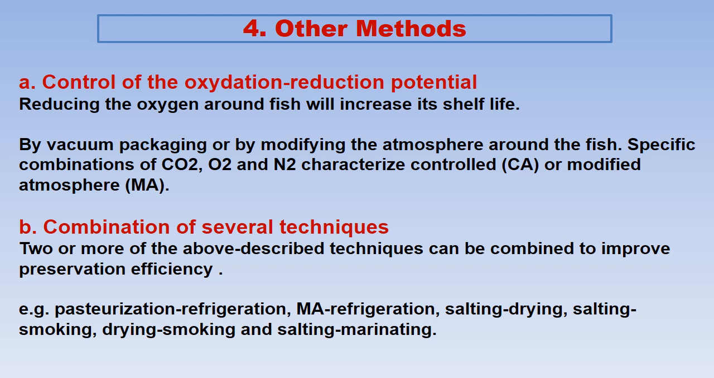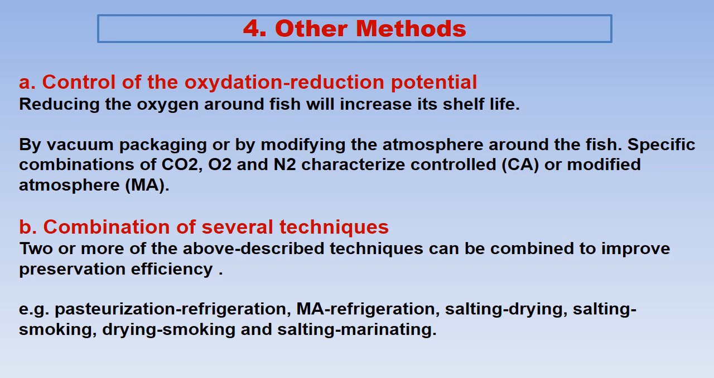Now we will discuss other miscellaneous methods or combinations. First is control of oxidation reduction potential. Here the level of oxygen around the fish or fish products is reduced to increase its shelf life. This can be achieved by vacuum packaging or by modified atmosphere packaging, so the oxygen level around the fish or fish products is reduced. There is also a specific combination of carbon dioxide, oxygen and nitrogen, which is also called controlled atmosphere or